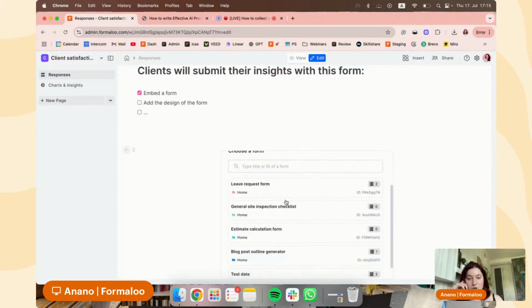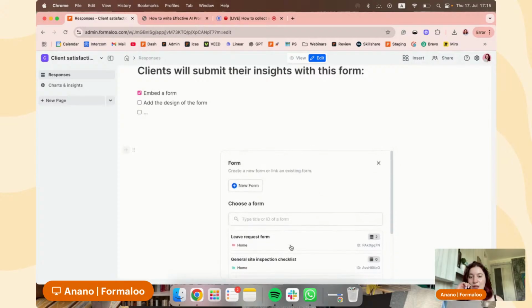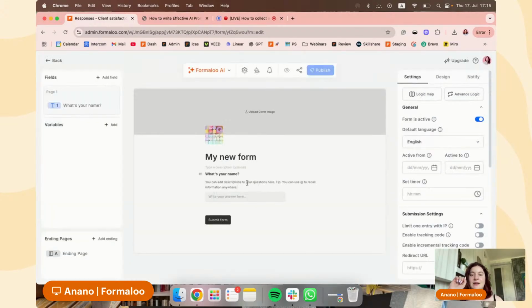Here you see different forms that I have created and I have on my profile, but if you want to create a new one, just click on new form, which we're going to do. As you can see, it embedded the little form block as well. Now you see we are in the form editor. This is where we're going to design the look of the form, and I will walk you through how you can design very effective forms. Excuse me for one moment. And how you can add your branding to the form, and add questions, fields, remove them,